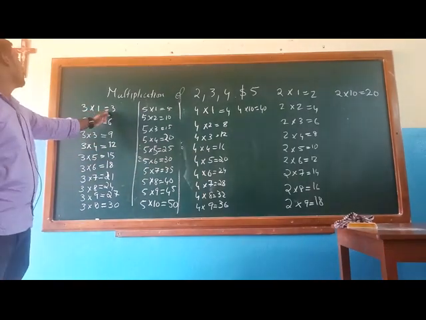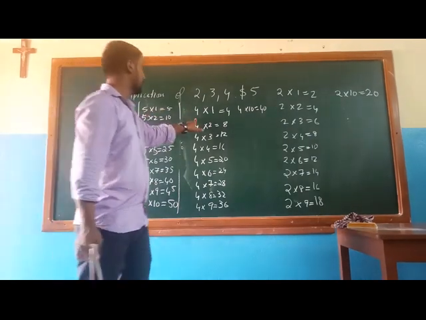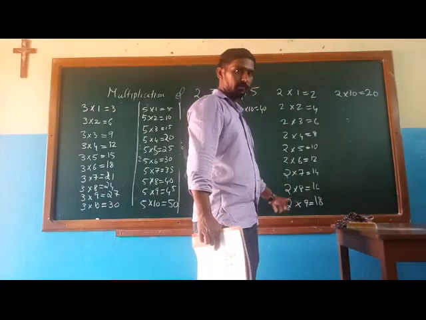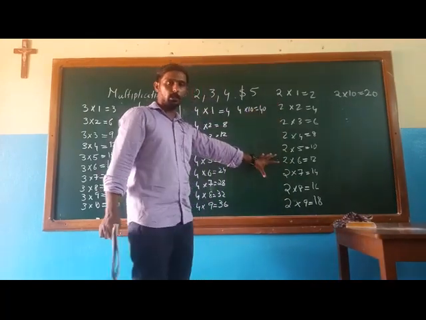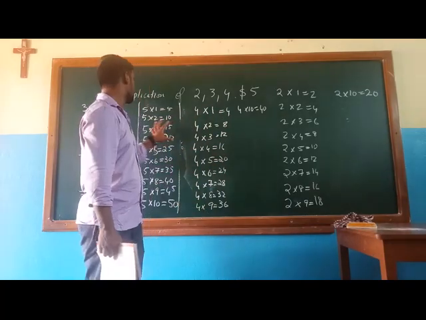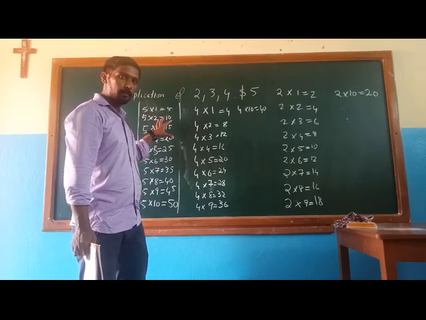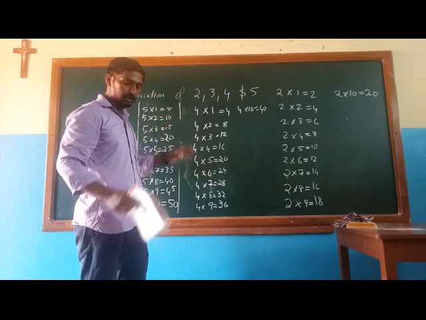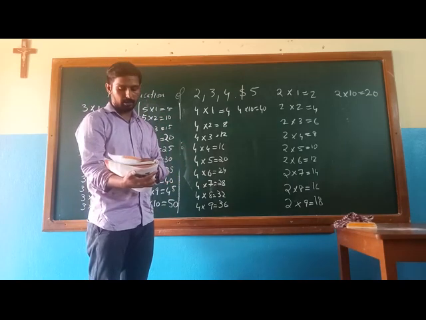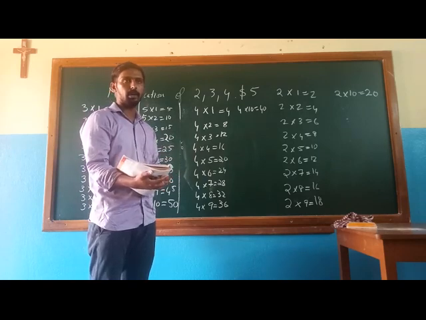So you see, if you add repeatedly these numbers in this order, you will get these answers. And this is called multiplication table of 3, multiplication table of 5, multiplication table of 4, and multiplication table of 2. So I hope students you understand how we formed the multiplication tables of these numbers. This is simply the repeated addition of the same numbers. So you have to learn these tables, and I will try to do some exercises based on it. Okay, thank you students.